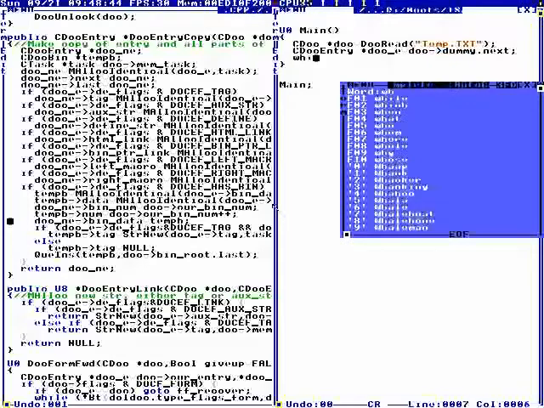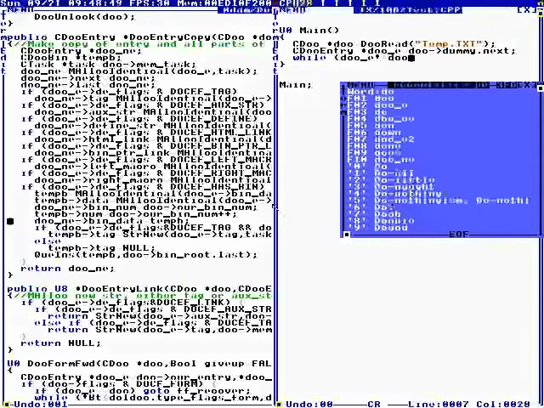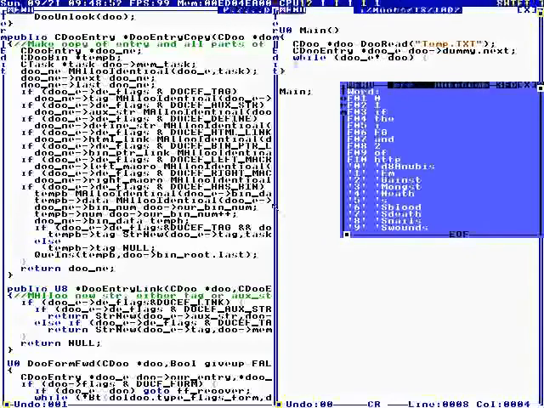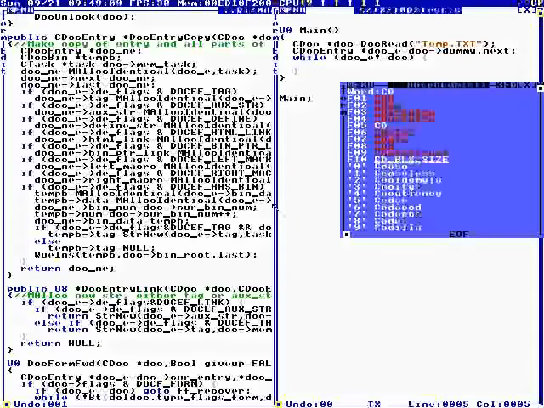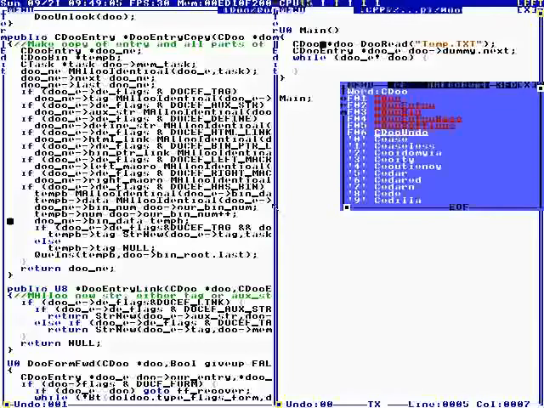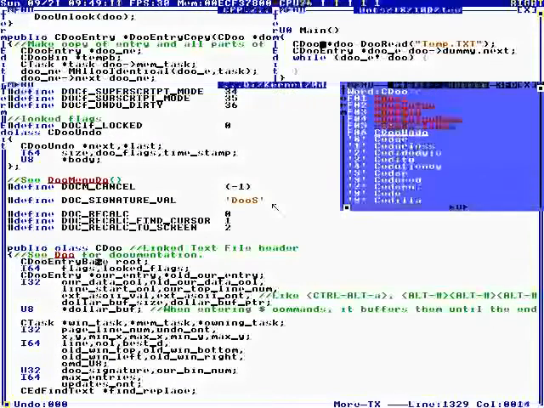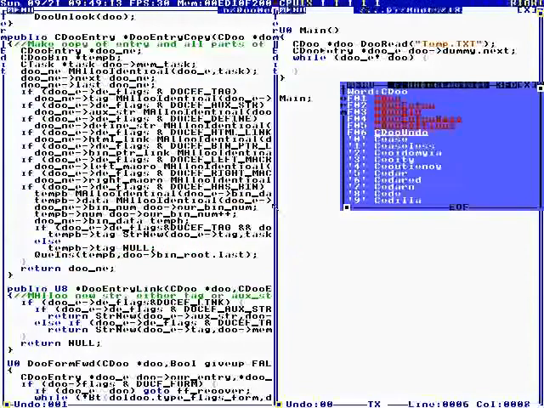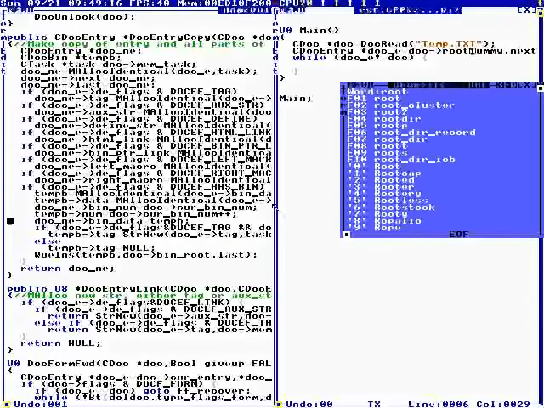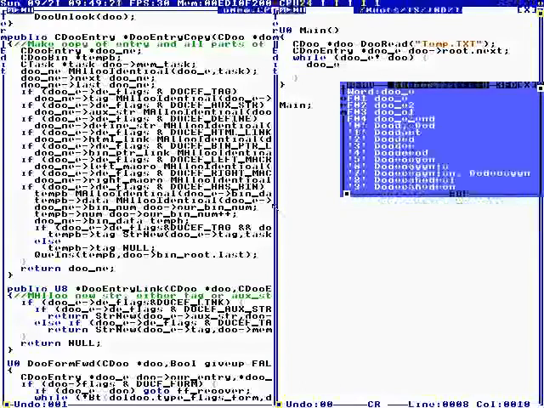Okay, so we're going to go in a circle, not equal to doc. There's a circular queue, and doc is the head of the queue. If we look at the format of a DocEntryBase, oh, it's called root. Okay, so root next. I call it a root. I don't like head. I don't know. So I use